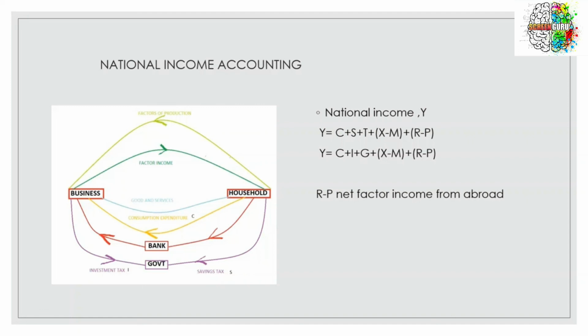So one thing we have to note here is that S is equal to I. How is that so? Because whatever savings you are doing at the banks will in turn go to the business in the form of investment. So banks will be providing the business money to invest. So S will be equal to I, and T will be equal to G, because the tax amount that both households and businesses pay to the government will be used for government expenditure or government capital formation. Okay, so these two equations note the national income accounting, or how national income is calculated using the expenditure method.